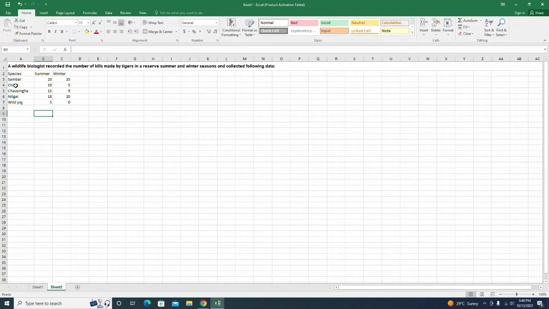If a data set shows comparative statements of the data, it's better to create a single graph using both data sets. So I'll do the same thing. I'll prefer to create a single graph using these two data sets, the number of kills during the summer season and the number of kills during the winter season for the same species. Go to